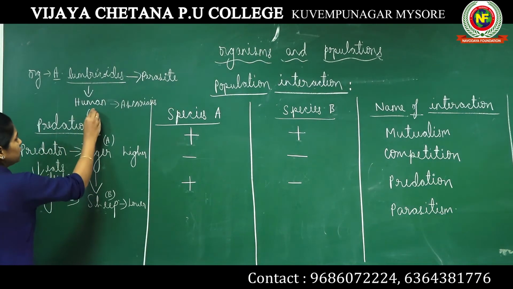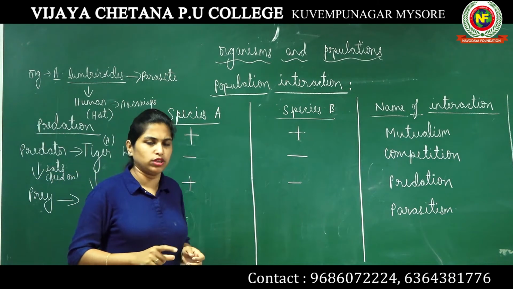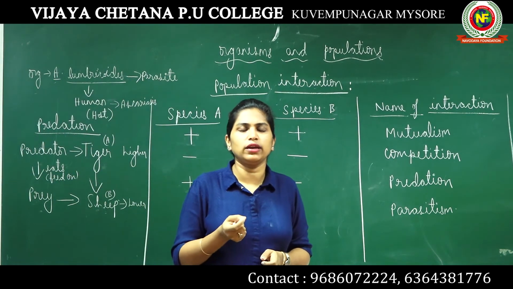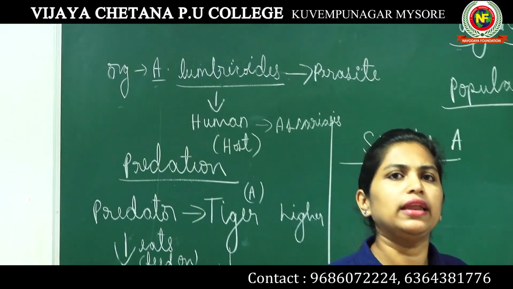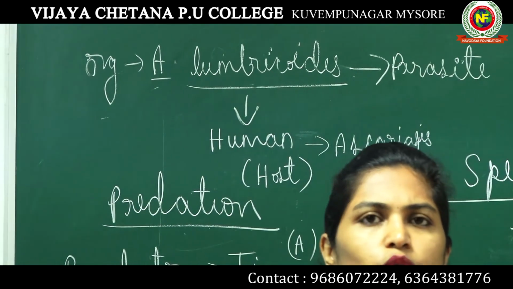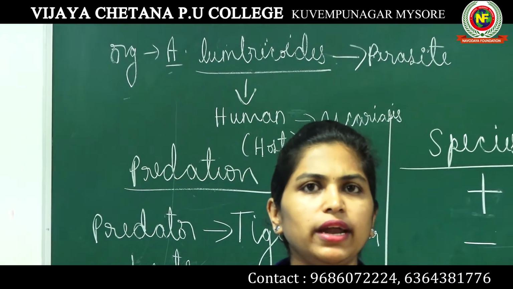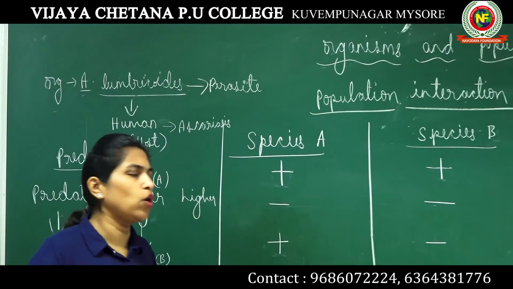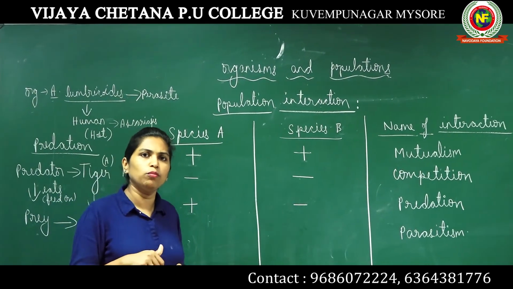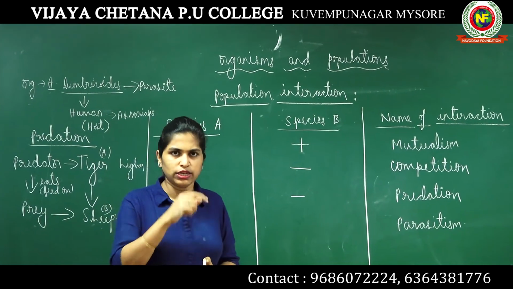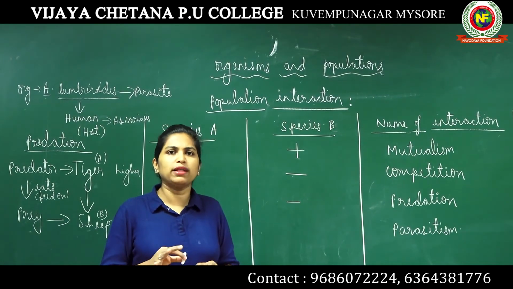So what is the human in this case? Human is a host. You take any pathogen. Okay, filariasis. We can take the example of Wuchereria bancrofti and Wuchereria malayi. They are the filarial worms which will again enter the human body and cause a disease known as filariasis or elephantiasis. So in this case, again human beings are the host, whereas Wuchereria bancrofti and Wuchereria malayi, these two filarial worms, are known as parasites or pathogens.